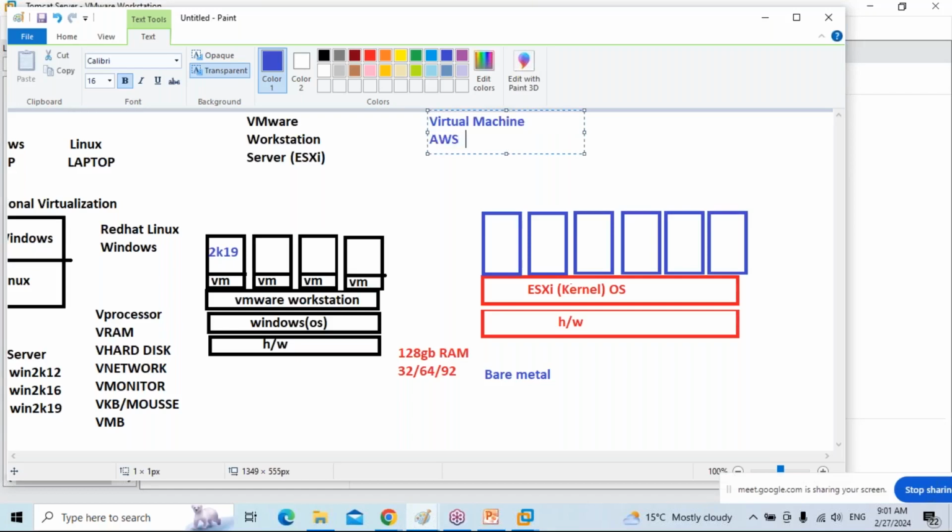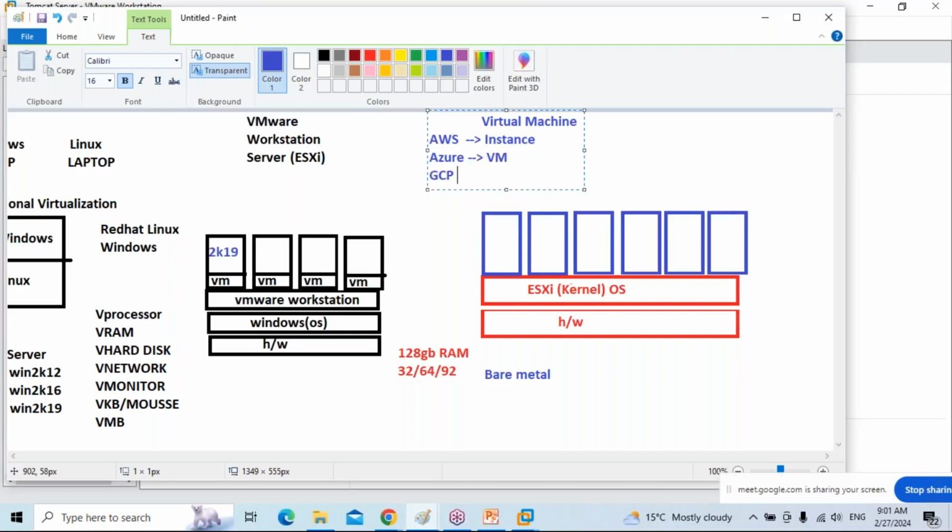in AWS, we call it an instance. What's the meaning of instance? Nothing but a VM. Instance and VM are both the same. In Azure Cloud, we call it a VM, virtual machine.